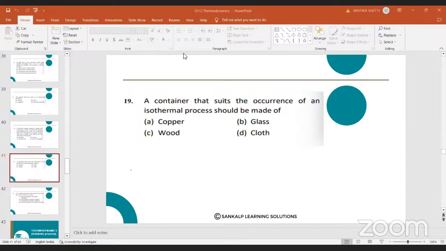So here the answer is copper. A container that suits the occurrence of an isothermal process should be made up of what? Copper here. Okay, so many students know the answer here. Then the next question is,